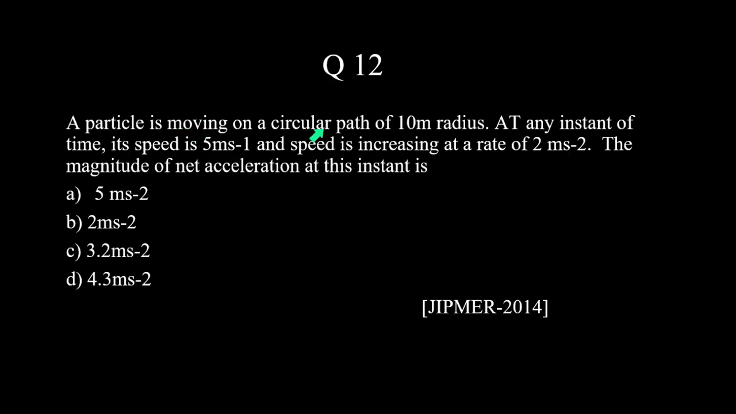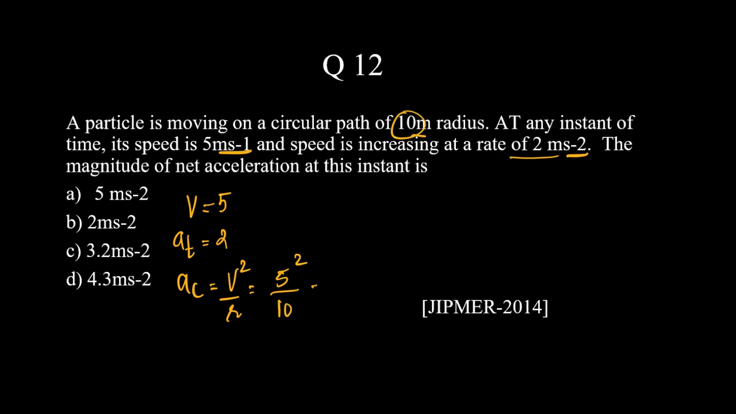A particle is moving on a circular path of 10-meter radius. At any instant of time, its speed is 5 meter per second. So v is given to be 5 meter per second, and its speed increases at a rate of 2 meter per second square. So tangential acceleration is given to us as 2 meter per second square. Since every given unit is in meters and seconds, we don't need to convert. So what is AC? AC we know is v square by r. What is v? 5 square. What is r? 10 meter. So we get 25 by 10,